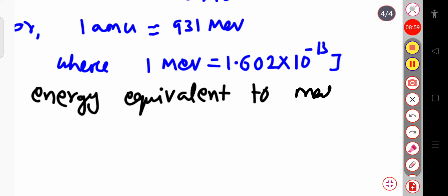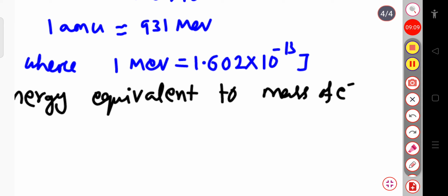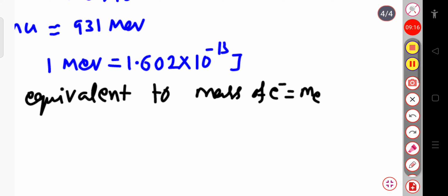Energy equivalent to mass of electron can be written as mass of electron, that is Me, equal to 0.511 mega electron volt. This one is important. Mass of the electron in energy equivalent term is 0.511 MeV. And similarly for the mass of proton, energy equivalent to mass of proton,